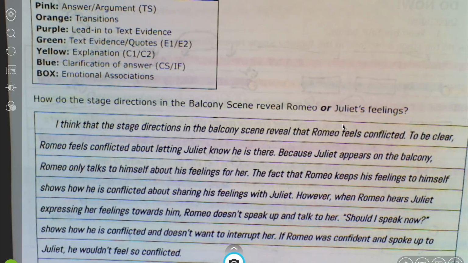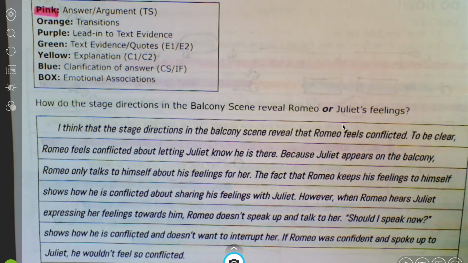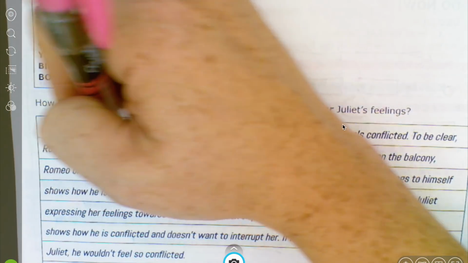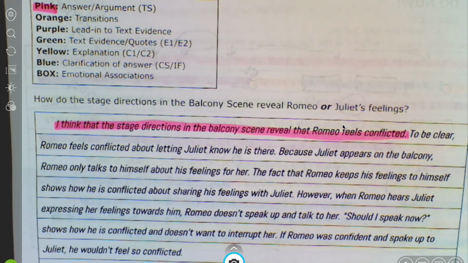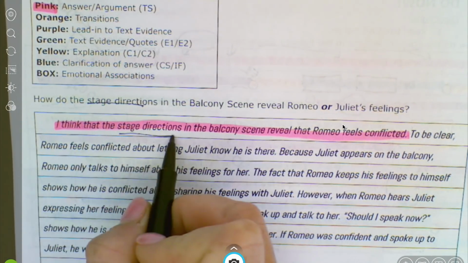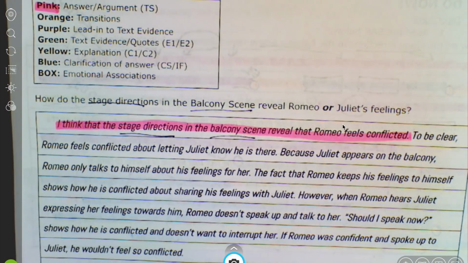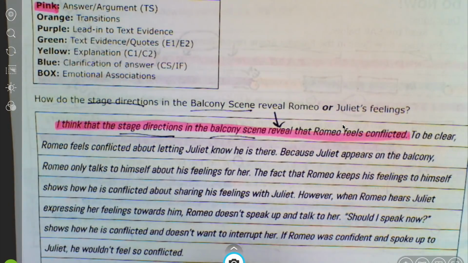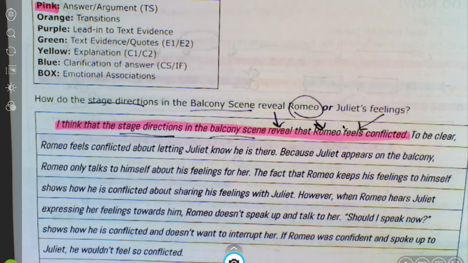The first thing that I need to highlight, again, with pink highlighter, is my argument or my topic sentence. So I'm going to take out my pink highlighter and highlight that first sentence because that is my answer. The first sentence says, I think that the stage directions in the balcony scene reveal that Romeo feels conflicted. I know that that's my answer because I see the words stage directions in both the question and that sentence. I see the balcony scene in the question and the sentence. I see the word reveal. I know that it's chosen Romeo. I see the word feels, okay? Then